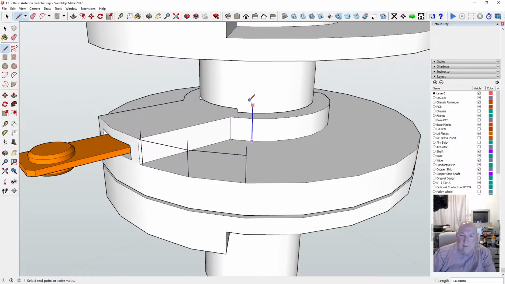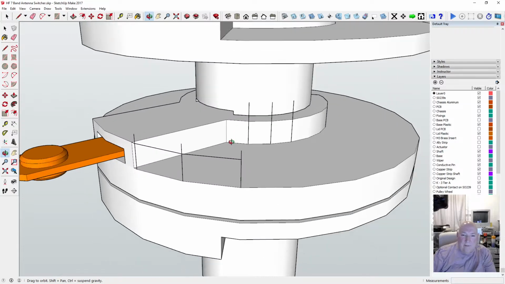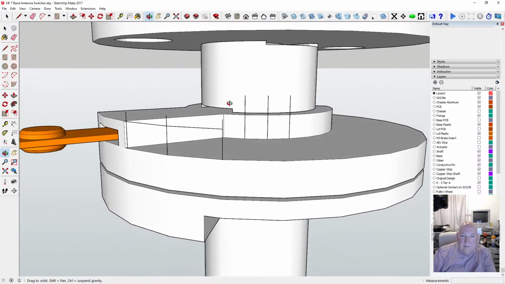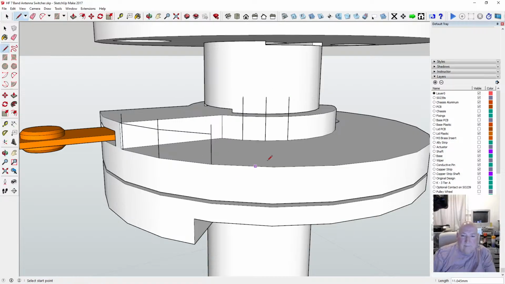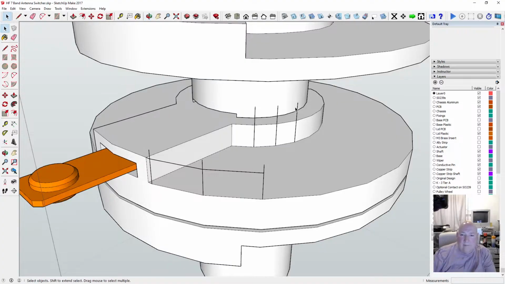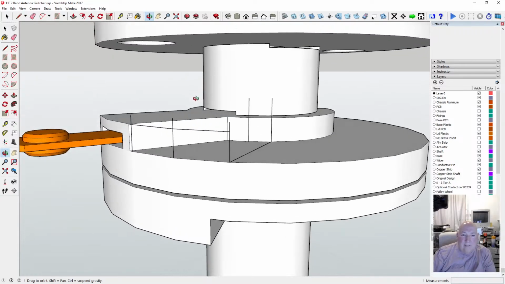Just go up to there. Don't know what I'm doing, but anyway. So then I've got to go. I've already got the lines there. So then I can go across the bottom. Hang on. No, I don't think we need the last one. Alright, so I go across the bottom like that. Then I go halfway down.